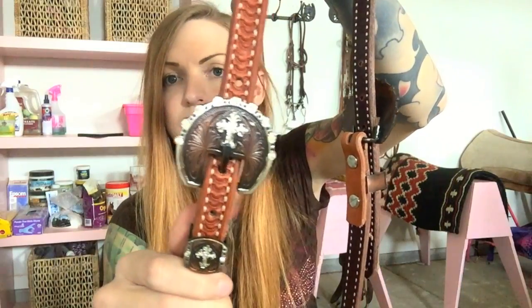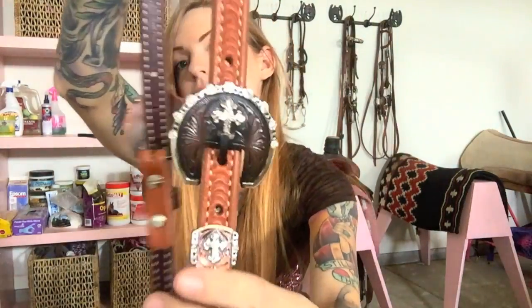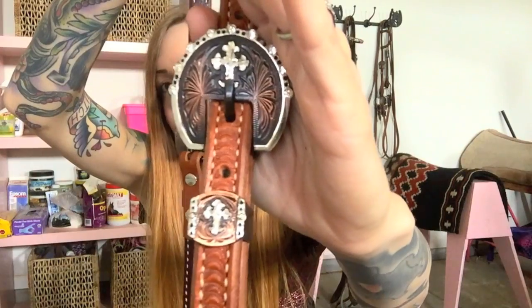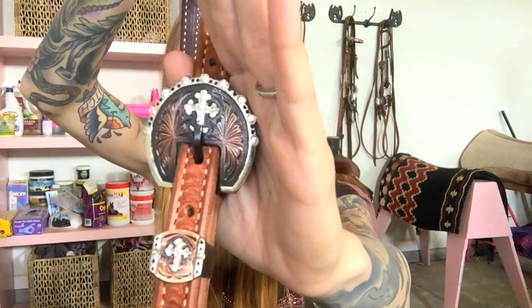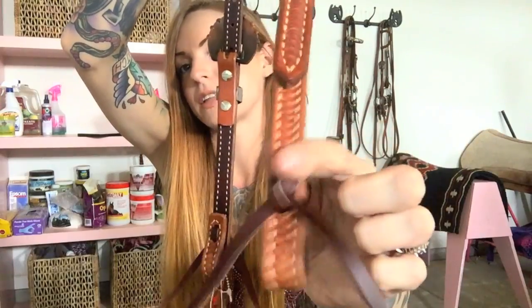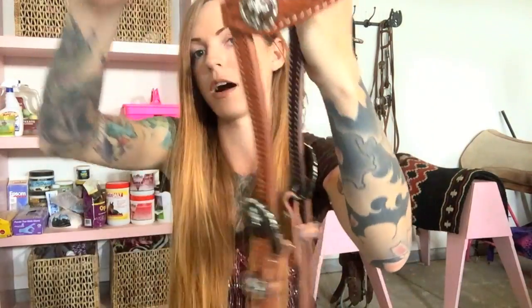And it is just so freaking gorgeous. Oh my gosh, I love it. Like, tremendously, tremendously love it. I hope it's translating on camera, just how amazing it is. If you guys can see the detail there, oh my gosh, it's beautiful. And then of course it also has the leather ties that I love so much for the substance of my headstall. So that was a really spendy purchase for such a simple headstall,